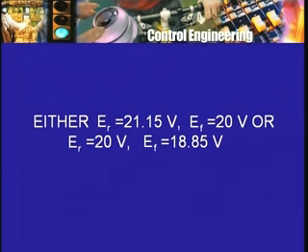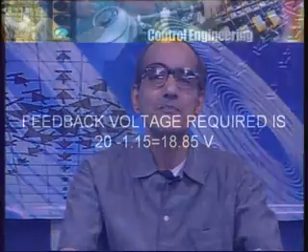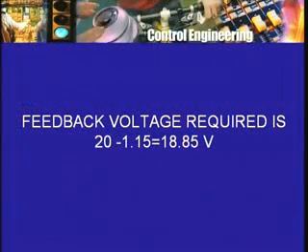In the second solution, we kept the input voltage the same, 20 volts. Therefore, we required a feedback signal which was not 20 but less than that. However, the tacho was producing 20, so we put this potentiometer, or an attenuator as it is called in amplifier practice, to reduce the value from 20 to 18.85 volts. But still 18.85 is the feedback signal finally going into the comparator, 20 volts is the reference signal. The two are not equal, and they should not be equal, because if they are equal then the output is 0, the motor will not run. Think over all of this